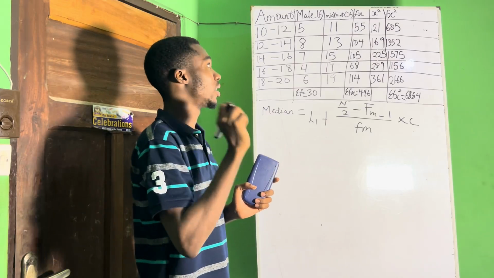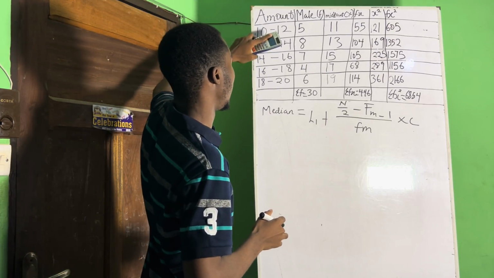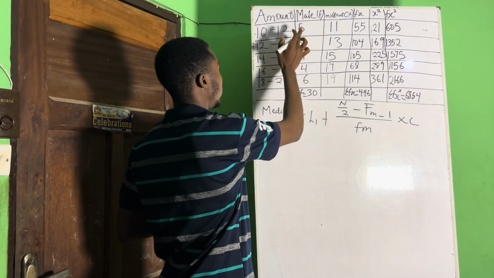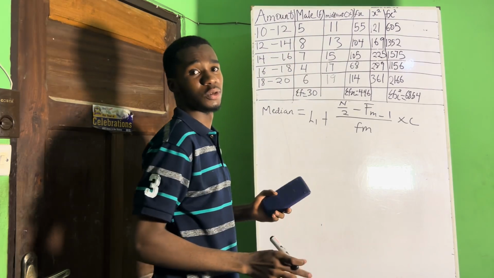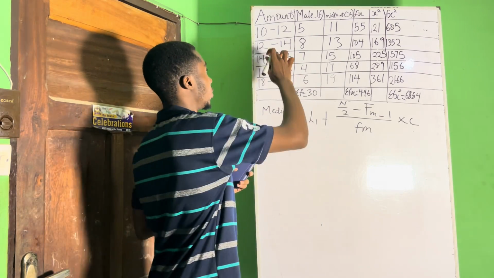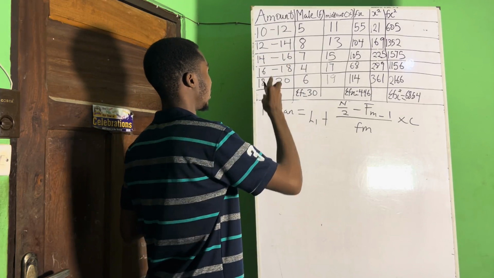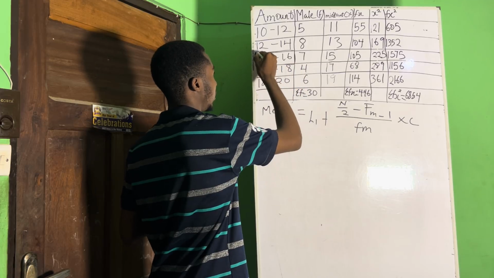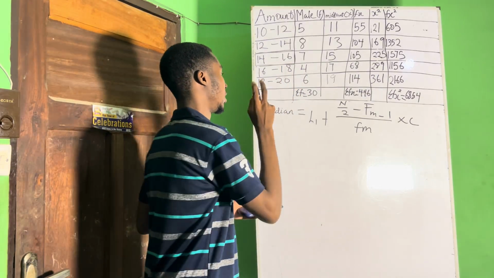You get it? So now that you've got 15, you go to the table, then the groupings, and find where 15 will be. From 10 to 12, there's no 15. 12 to 14, there's no 15. 14 to 16, that's where 15 will be. Do you get it? So this 14 to 16 becomes our median class. Now that you found the median class, then you can now